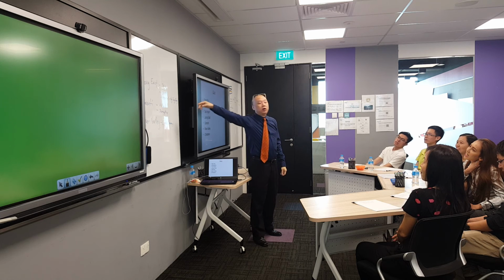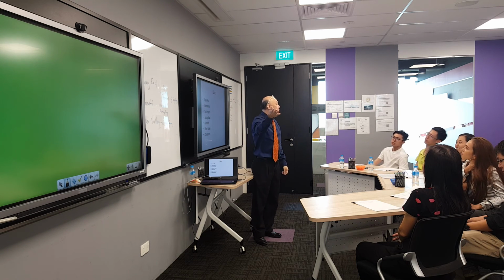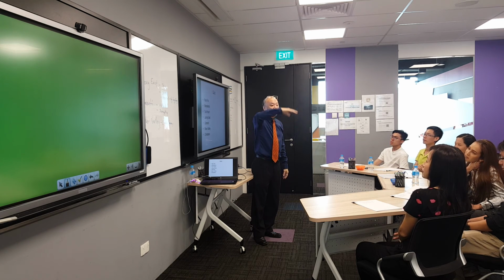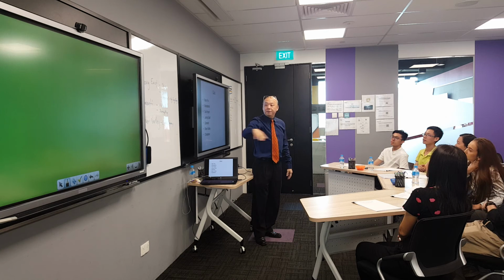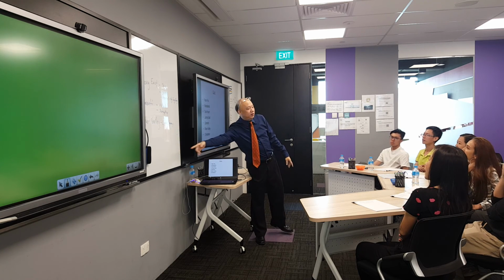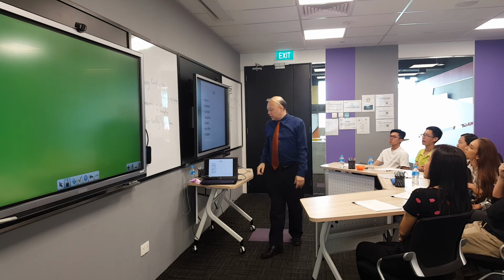Clementi, you go down to Holland V, you go down to Dempsey along the way. There's another place you can go. You can go to Star Auditorium. Sometimes they have concerts. You can go to the Police area, right? River Valley, you're almost there already. Go to Clarke Quay, Robertson Quay, Boat Quay, something like that. So this is how